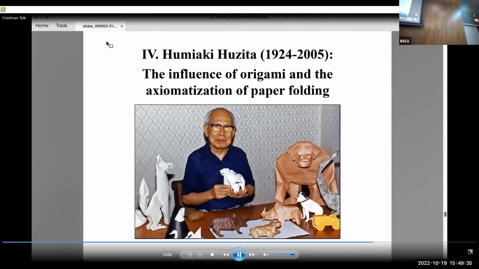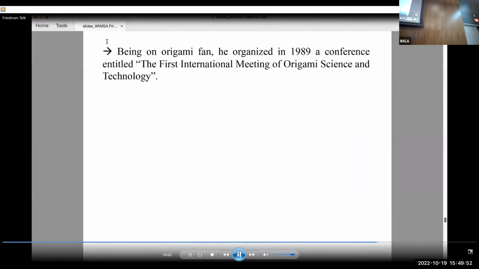Huzita was a Japanese-Italian mathematician and origami artist. Born in Japan, he traveled to Italy to study nuclear physics at the University of Padua and stayed in Italy for the rest of his life. Being an origami fan, he organized a conference entitled the First International Meeting of Origami Science and Technology, which took place during December